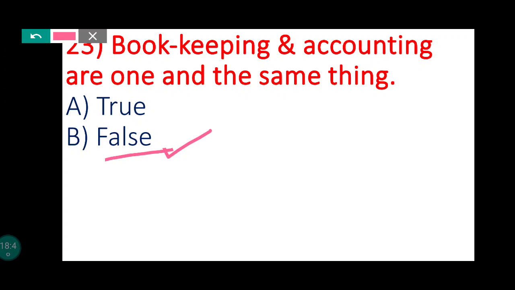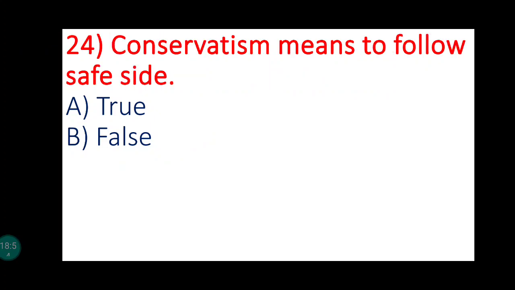Okay, so bookkeeping and accounting are not one and the same. So here the statement is false. Now 24th, conservatism means to follow the safe side. This is also one of the accounting principles. Conservatism means to follow the safe side. So the answer is true. So the conservatism concept tells that while recording business transactions we have to anticipate no profit but provide